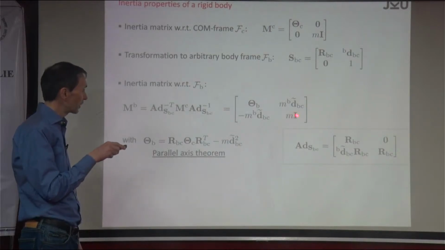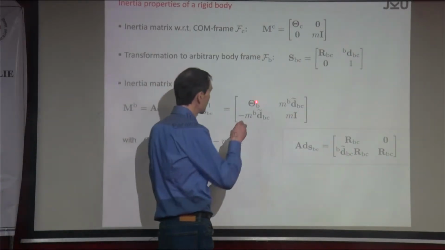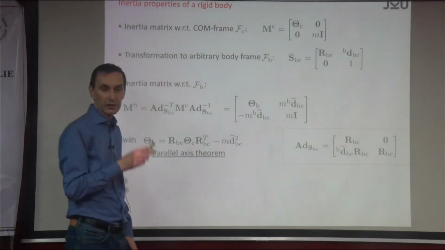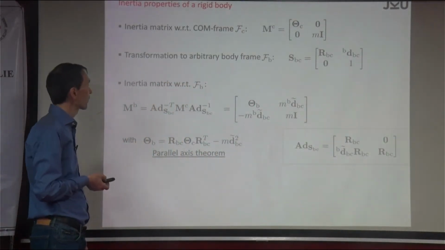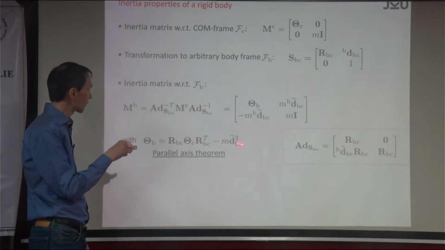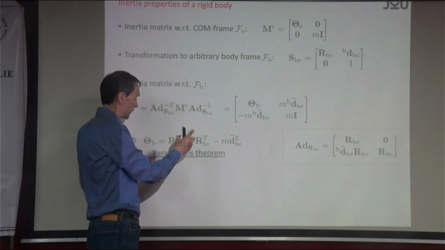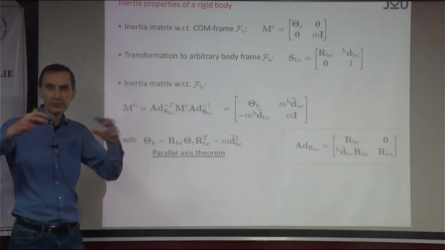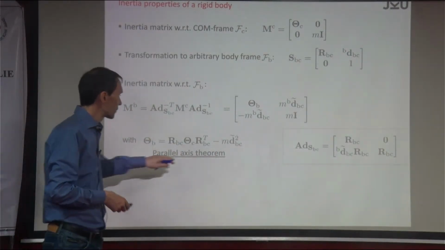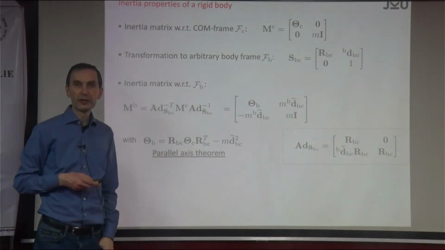The mass, of course, remains. Mass is always invariant. Mass is mass. Then you have an inertial tensor, but this one is the inertial moment matrix. This inertial moment matrix is now transformed in this way. First of all, of course, it's the rotation matrix from left and right, because you have to change the frame. But also there's this additional term here, and this is normally called the parallel axis theorem,